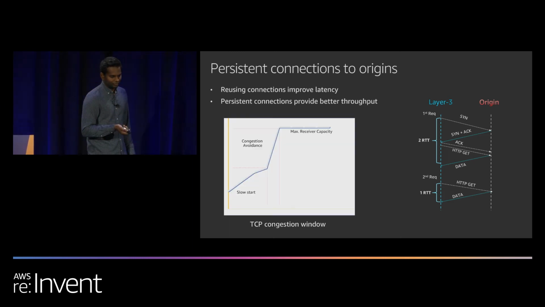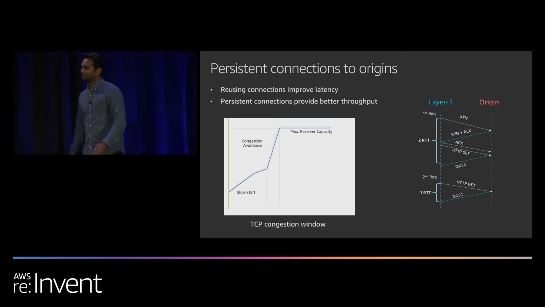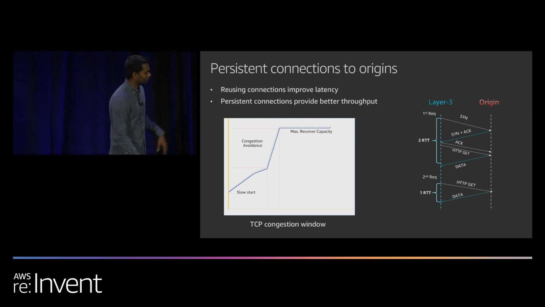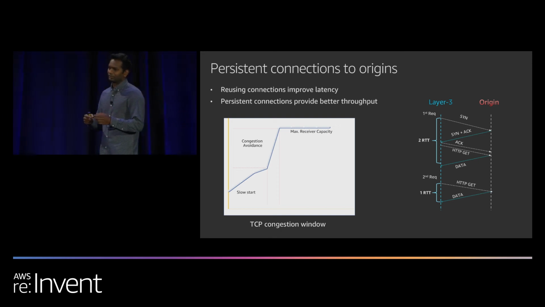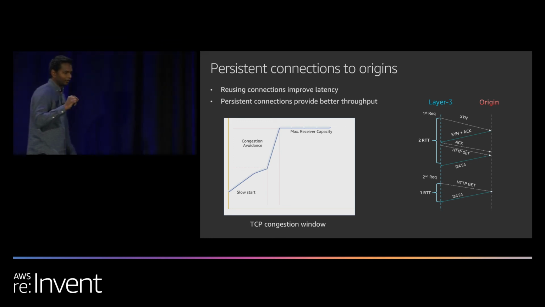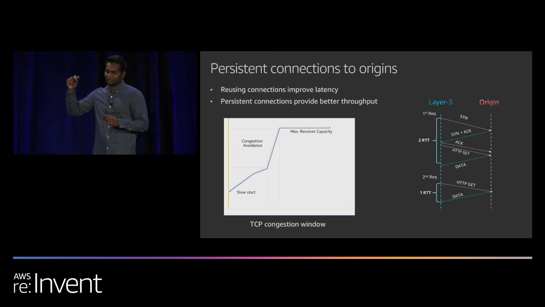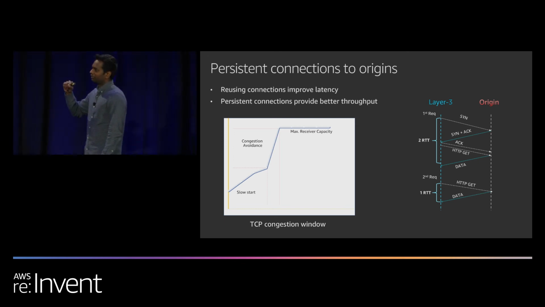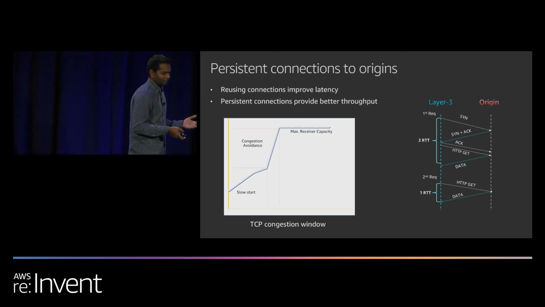The second part is the throughput. To understand why we get better throughput on open connections or persistent connections, we have to look a little bit into how the TCP congestion window works. Tino talked a lot about it already. Every TCP connection has a congestion window assigned to it. This congestion window starts as a really small value, and it grows to the maximum possible value that the receiver says it can handle. But it takes a while to grow to that maximum potential, and you'll get the best throughput only when the TCP congestion window grows to its maximum potential. It takes a lot of time because of the way TCP works.